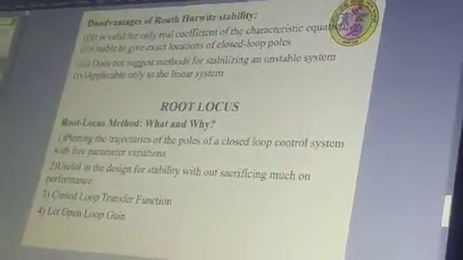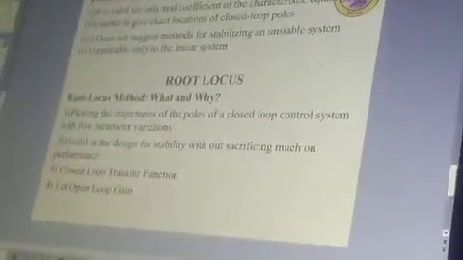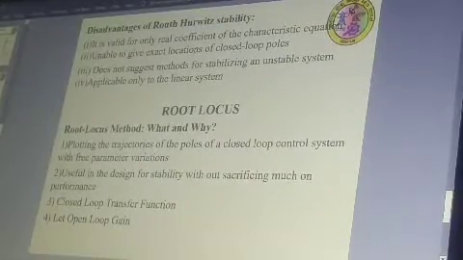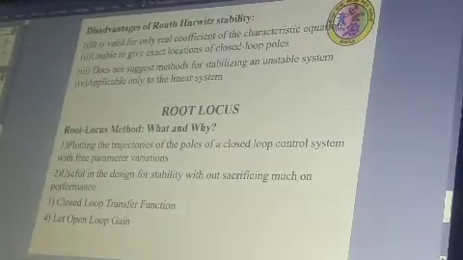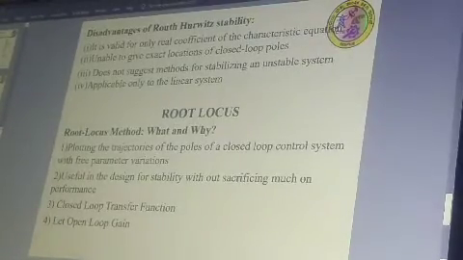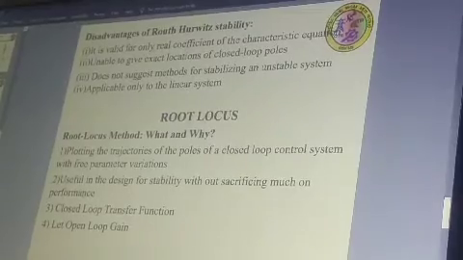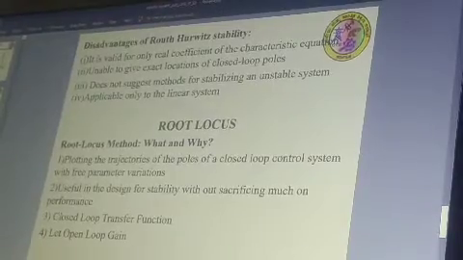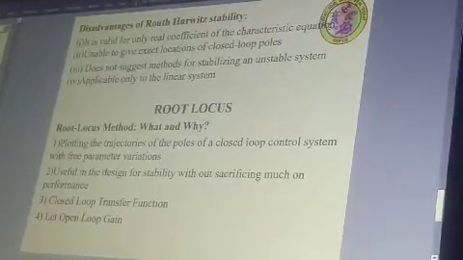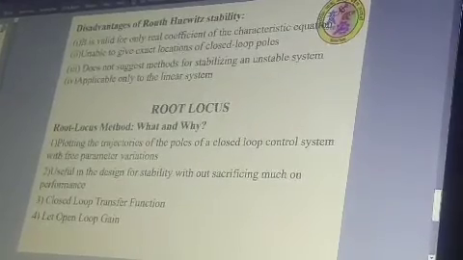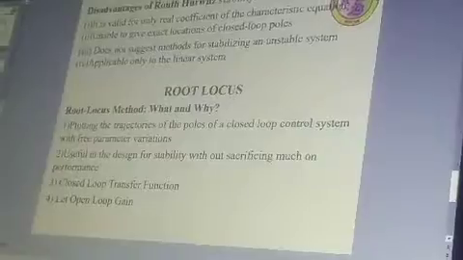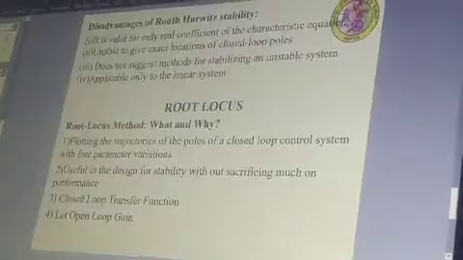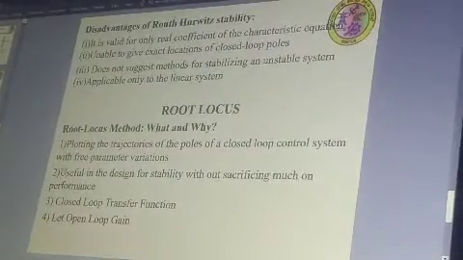Next we are going to move to an important topic in this module number 4, which is root locus. Root locus is one technique which is used to find whether a given system is stable or not, like the Routh-Hurwitz criteria or Routh array you have done. This is a different method or technique which is used to determine whether a given system is stable or not. So now, why the root locus method, or what is this root locus method?